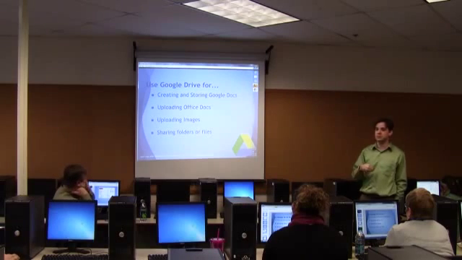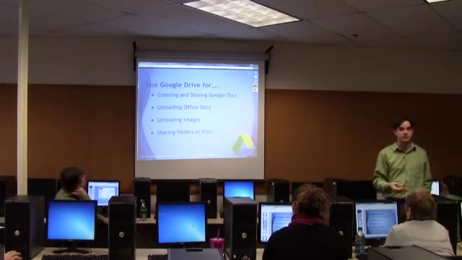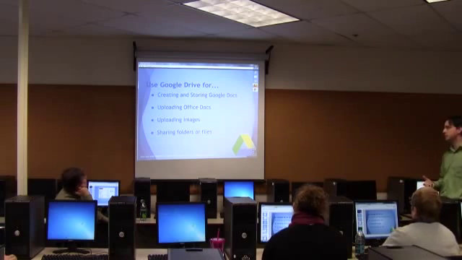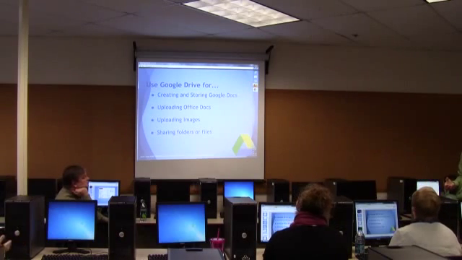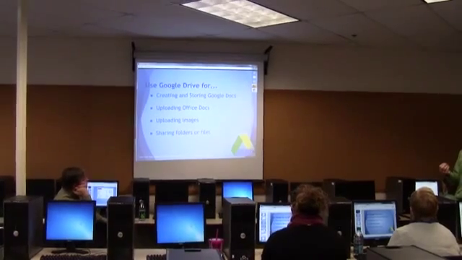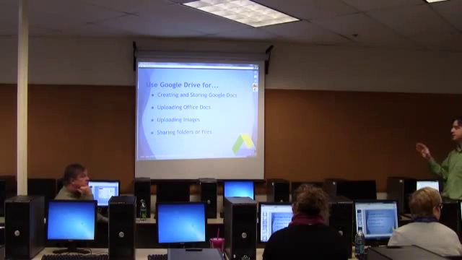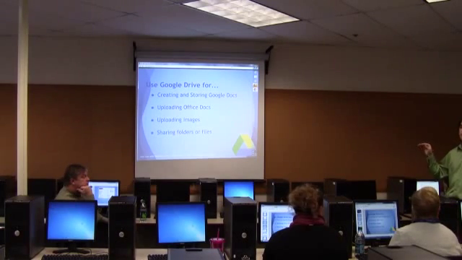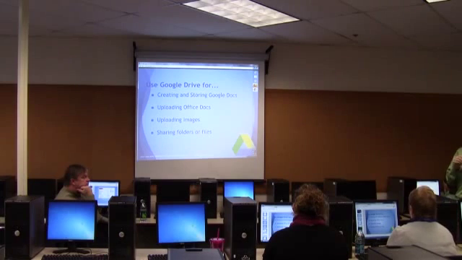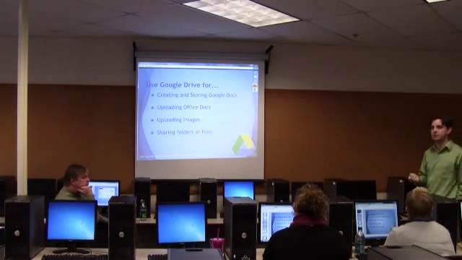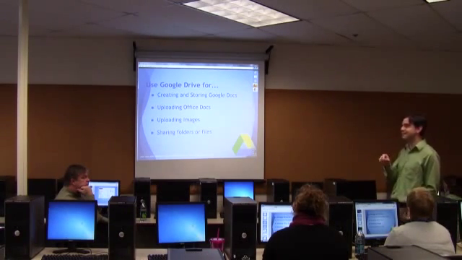Uploading images, you can store images right in Google Drive if you want. There's also a program for uploading images separately. And then what I think is really the crux of this tool is sharing folders or files. And that sharing of folders or files is going to be beneficial to you as a community and to your students. It's going to increase the collaboration that can be accomplished between your students in documents that they're sharing